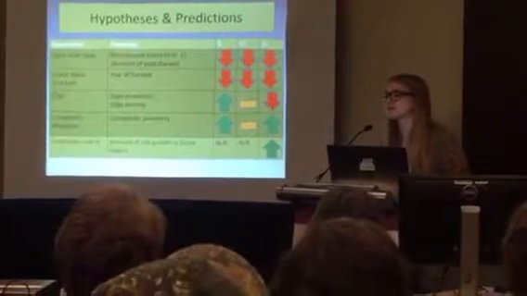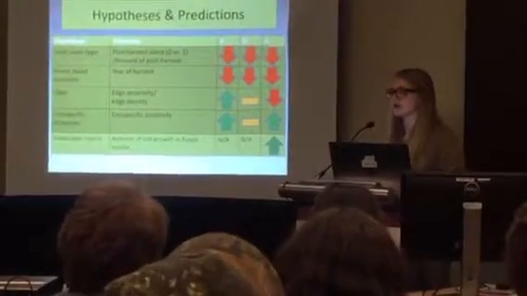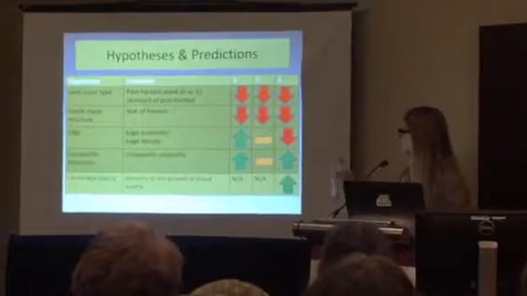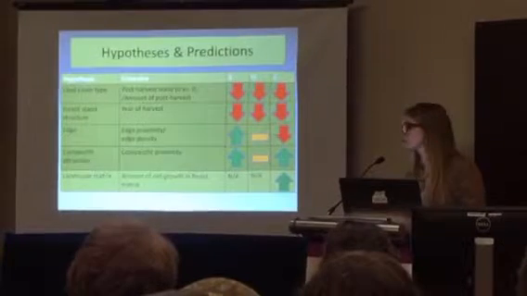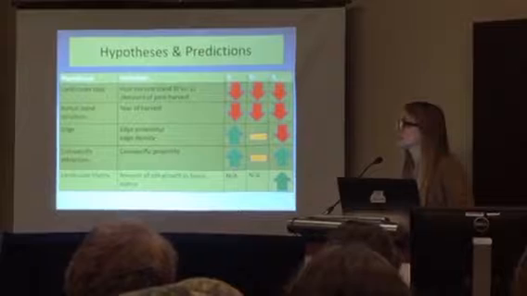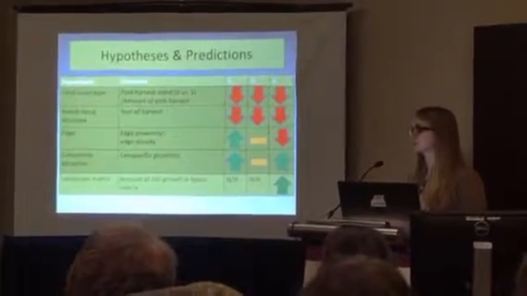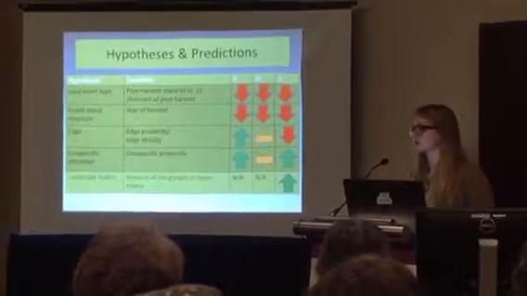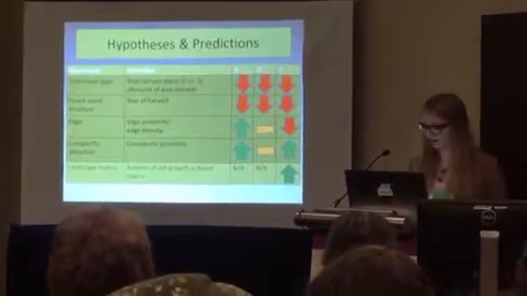Since Canada warblers seem to have this clump distribution, I hypothesized that conspecific cues might be driving their selection of certain areas. So I predicted that selection and abundance would be higher nearer to conspecifics, and again that within the home ranges, their use would be unaffected by conspecifics. And lastly, we know that local scale abundance can be affected by larger landscape factors. So I predicted that the amount of old growth in the surrounding forest matrix would positively affect their abundance in that area.